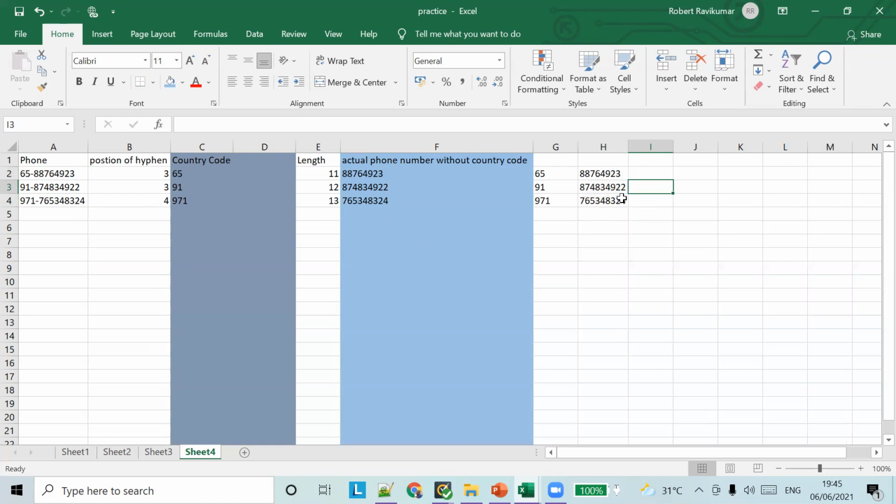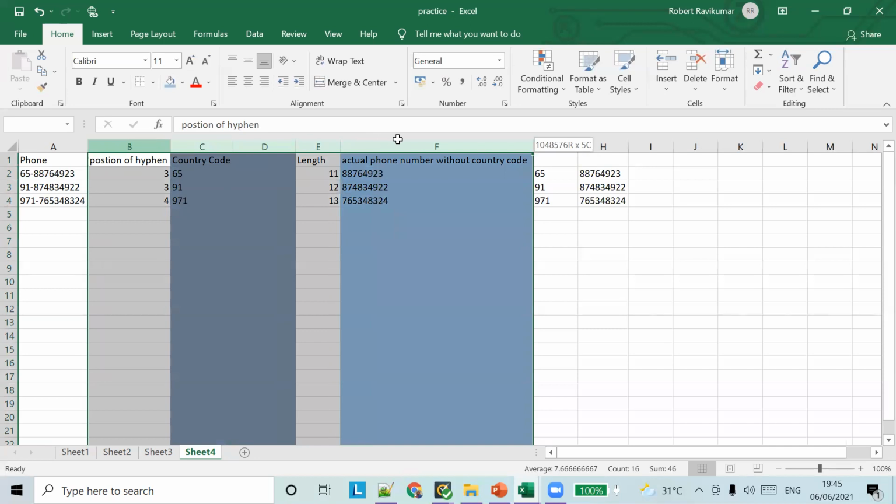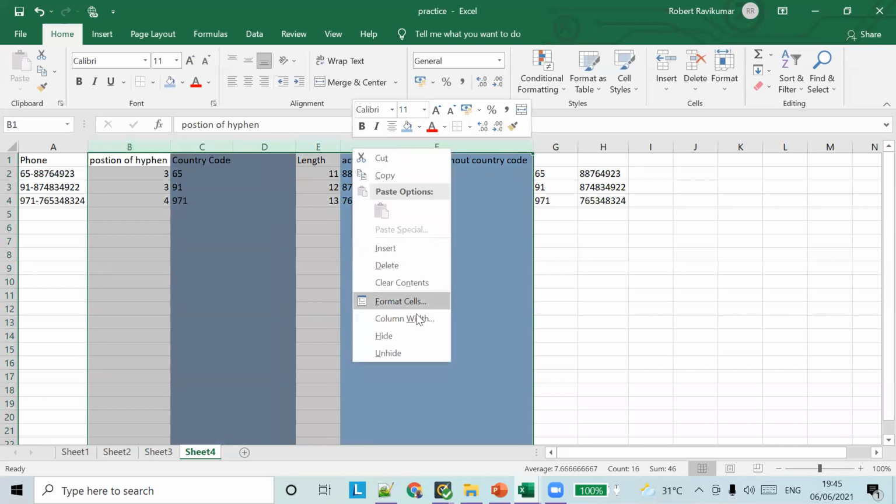You guys got this? What I've done is, instead of writing the formulas in a separate column, we are putting formulas inside formulas. Based on this, we don't need all these columns, so we can find it directly and just hide these.